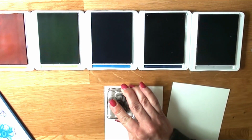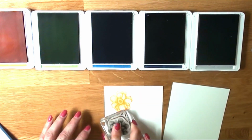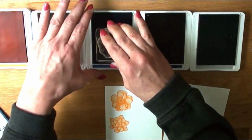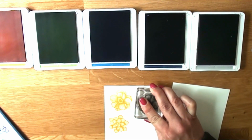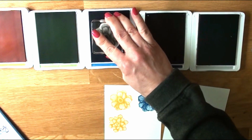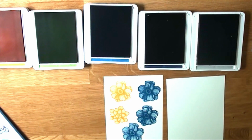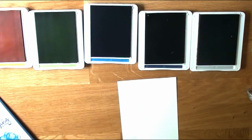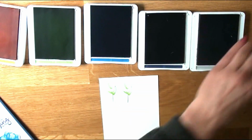So I am laying down the Mango Melody color. With the new ink pads, I like to line them up in rainbow order in front of me and then put that little strip that you lay down when you set your ink pad up, facing me. I'm using Distinctive stamps, which both stamp sets are, and I inked it up too much. You can see in the top right, the first and second flower have way too much ink, and then the third one worked out. Now I'm moving to Lemon Lime Twist,